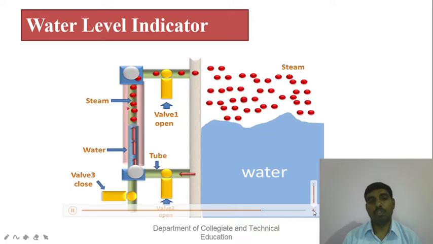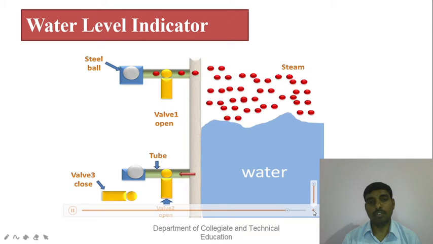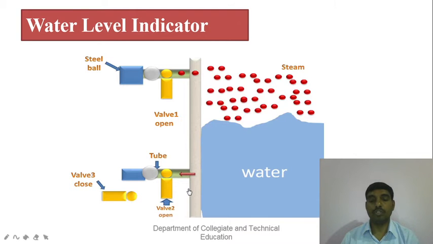Sometimes the shielding or the water tube or steam tube can break. There we have a steel valve in the rectangular passage. These steel valves take place in this tube when the tube breaks, so that no water loss or no steam loss can happen. When our tube breaks, these valves take place in the tubes so that our steam and water loss does not take place. So this is our water level indicator working. Thank you.